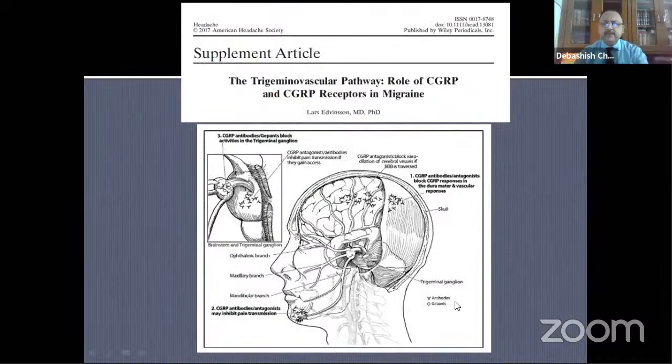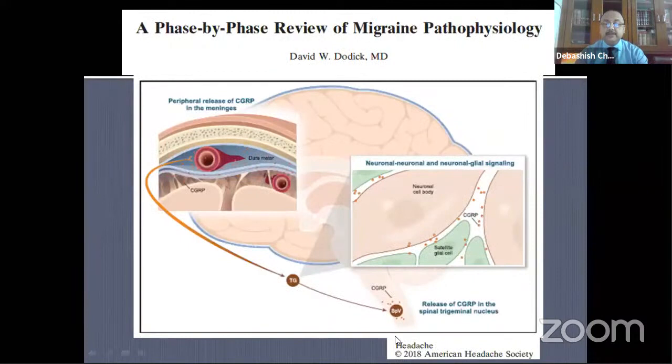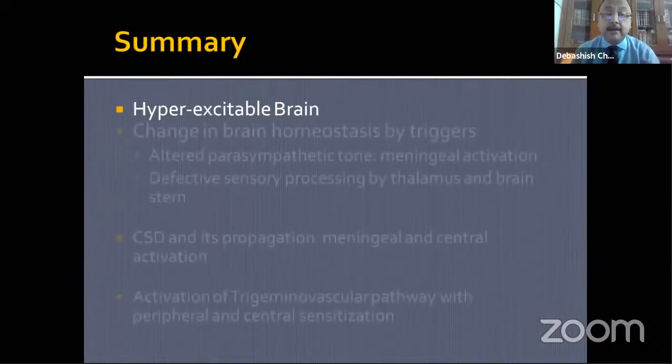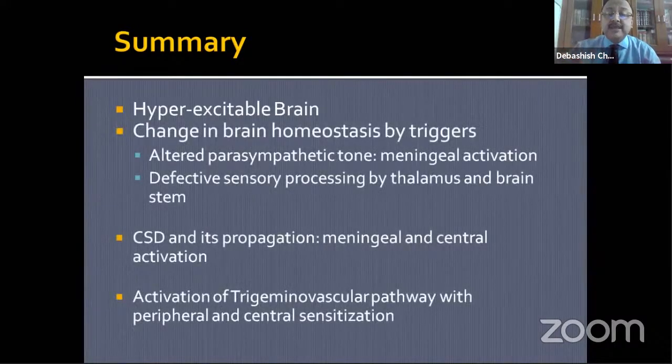So this is again showing the various ways the trigeminal-vascular pathway can be activated by CGRP and CGRP receptors. This is again the Doddick's diagram. So what is the summary? If you want to ask me in simple, layman's terms, migraineurs, because of their genetic predisposition, have a hyper-excitable brain. Their brain is more responsive to external stimuli, and the brain is not able to process them in a quick manner. So because of the various types of triggers, and because of the inherent hyperexcitable nature of the brain, there is